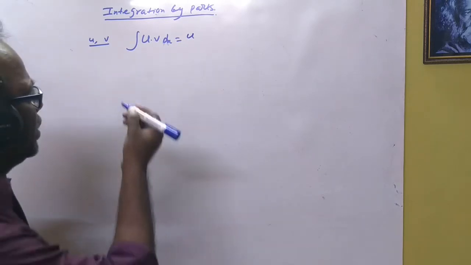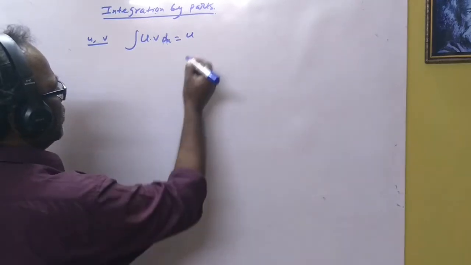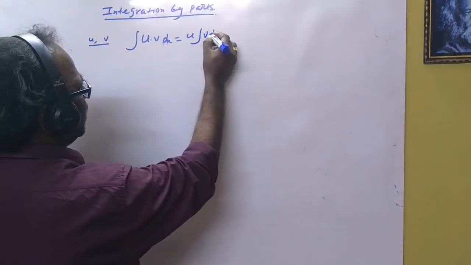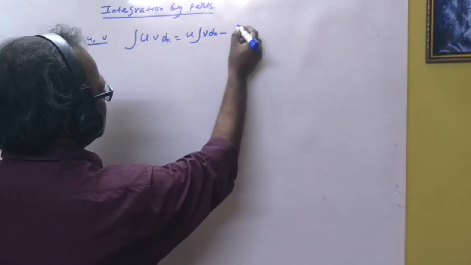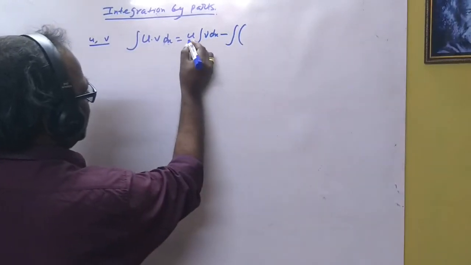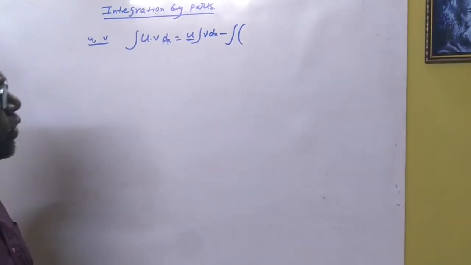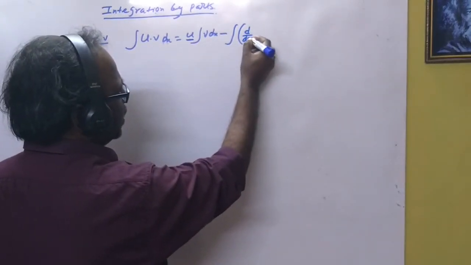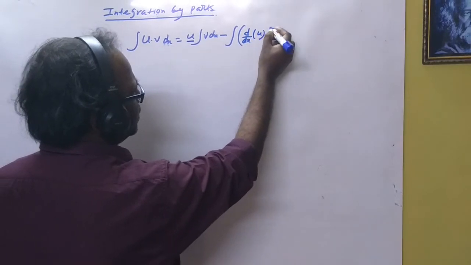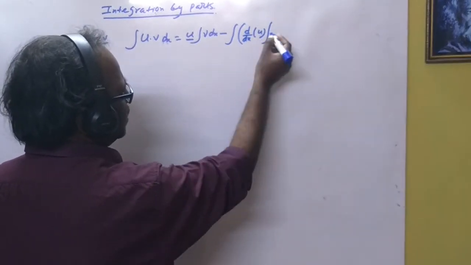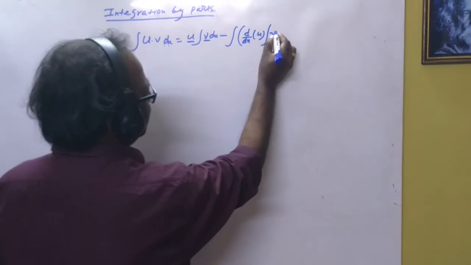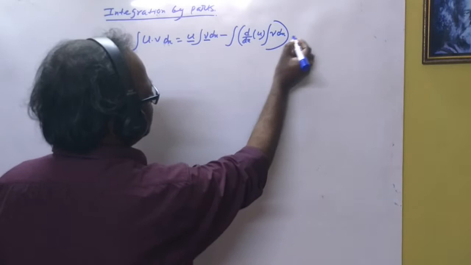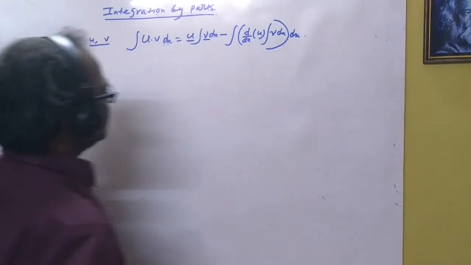Okay, now let us first of all discuss the formula here. This is the integral of u into v dx minus, if we assume u here, then in the second part of the integral there is the derivative of u. Okay, this is the formula, and the integral of v dx here. This is the whole bracket, the first bracket, and dx. This is the formula.